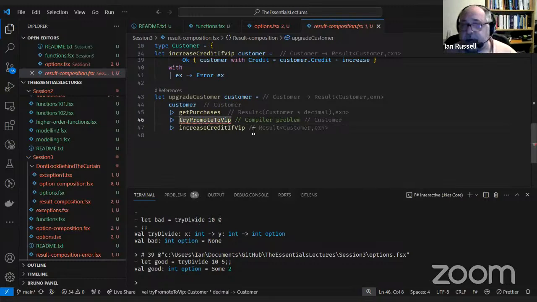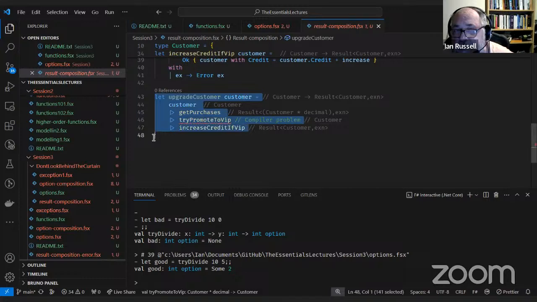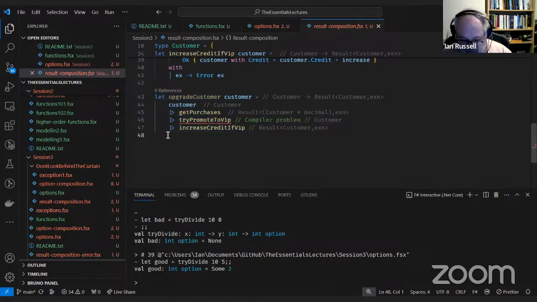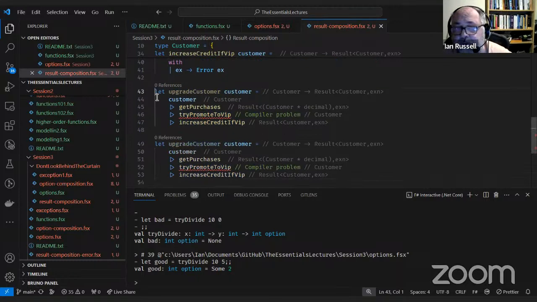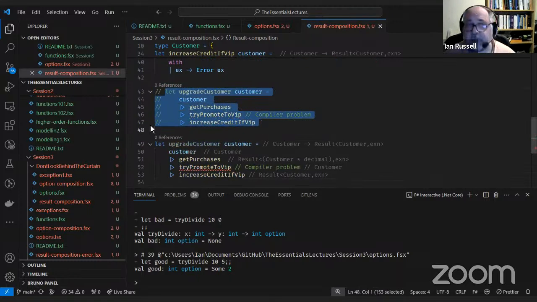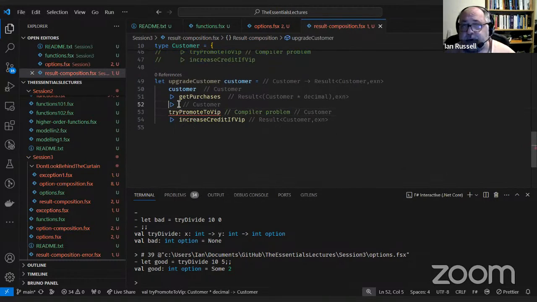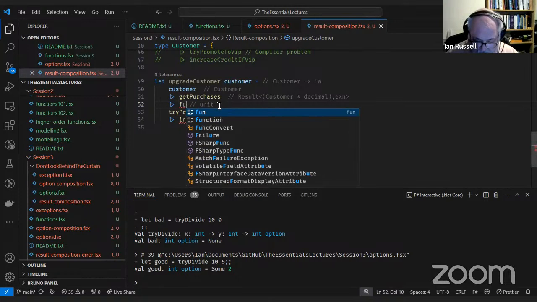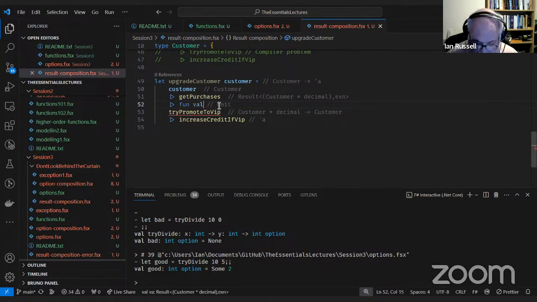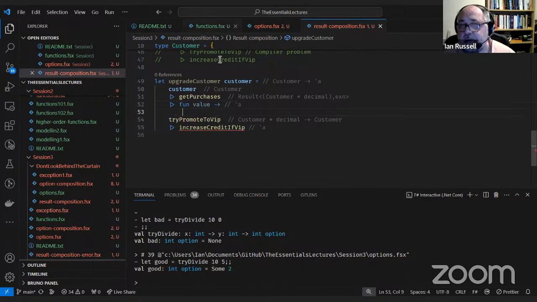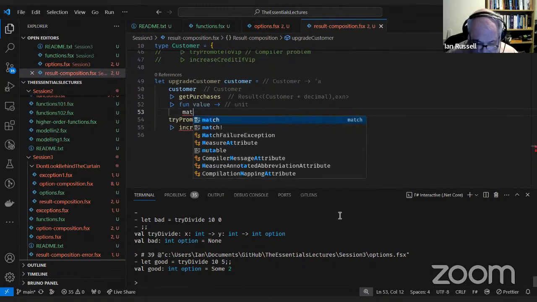So what I'm going to do is copy this, and comment that out for the moment. Right. So first thing we need to do is to get access to the value. And then we're going to use a match expression.